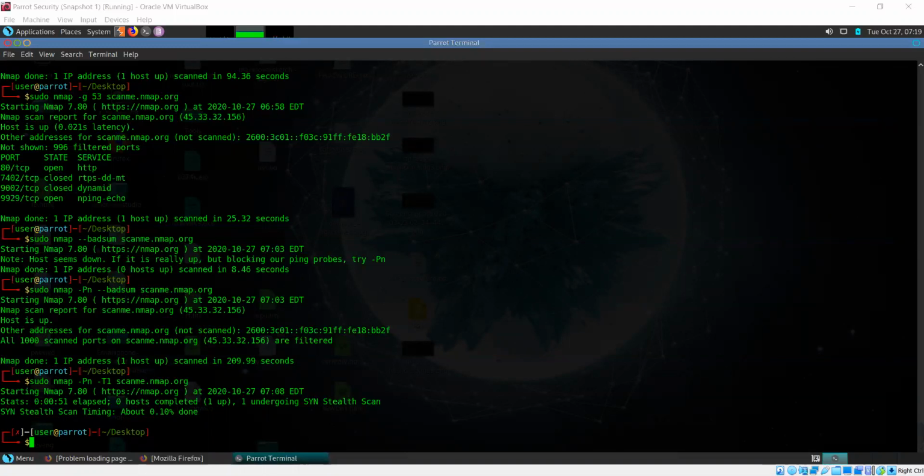So what will happen in that case is, if you see that a few particular services are running, let's say FTP, your scan results show that FTP is running. But when you try to connect to that FTP service, you are going to be denied any connection.